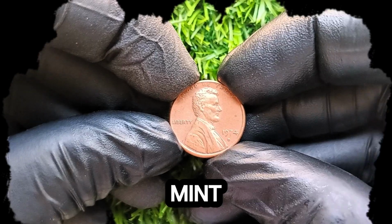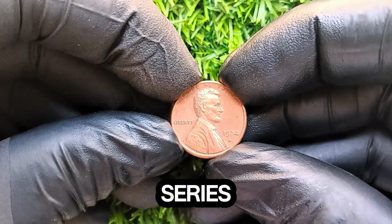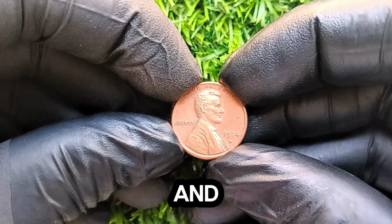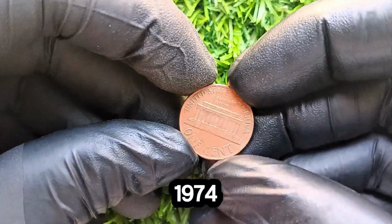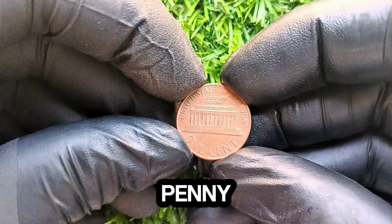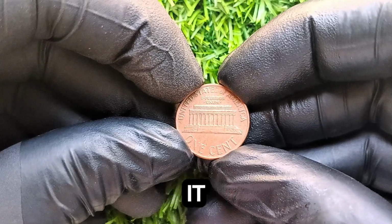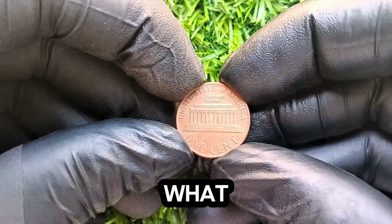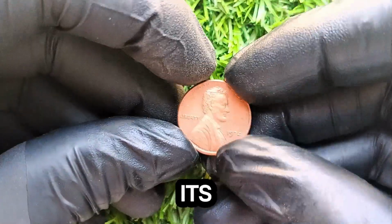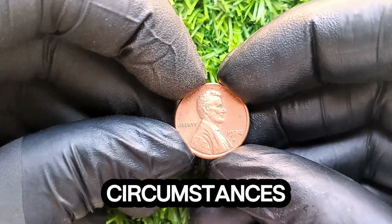In 1974, the United States Mint continued its long-running Lincoln cent series, a coin loved by collectors and everyday Americans alike. Among these, the 1974 D-Mint-marked penny carries a fascinating story that sets it apart from the billions of ordinary pieces struck that year. What makes this coin so compelling is not its design, but the unusual circumstances tied to